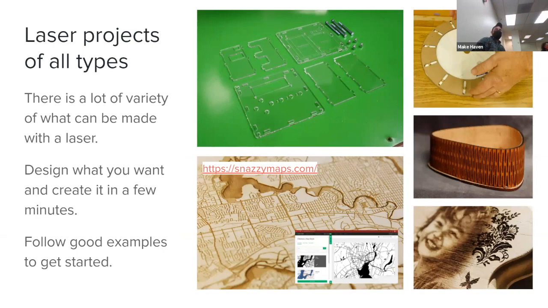Here's a cardboard iris. This is a perennial favorite, snazzymaps.com. People buy and sell maps of their town with the rivers and the roads all shown in, raster engraved onto a piece of wood for hundreds of dollars on Etsy. You can absolutely go on to snazzymaps.com, download an image, hit print, and have it for the price of the wood and an hour. So this is completely something that you can do. There's different configurations that are pre-made for doing this with the laser. But it's a really nice effect that you can get of your favorite town,